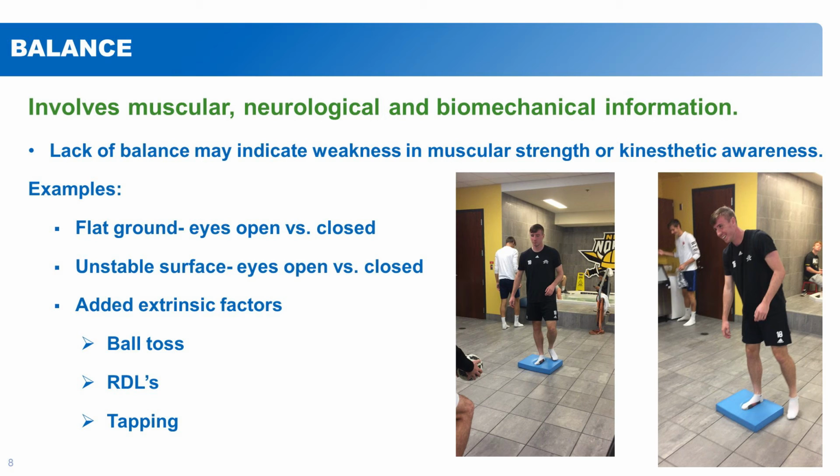When your eyes are open, you rely on objects in the room for space and for balance. When we close our eyes, we can't rely on those things in the room, and our body has to tell our brain where it is. So once one of my athletes gets really good at flat surfaces with their eyes closed, then we add in